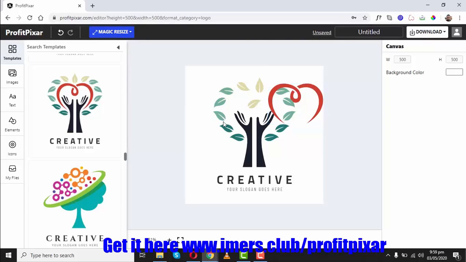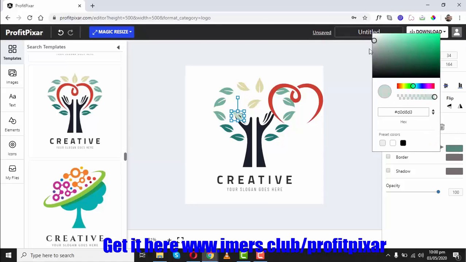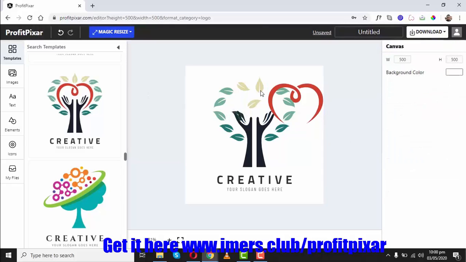And another thing is the duplicate. Now you can also duplicate these elements. You can move them around. And then we have the delete option. You can also change the colors of these elements. You can change the opacity of the elements. And then we have